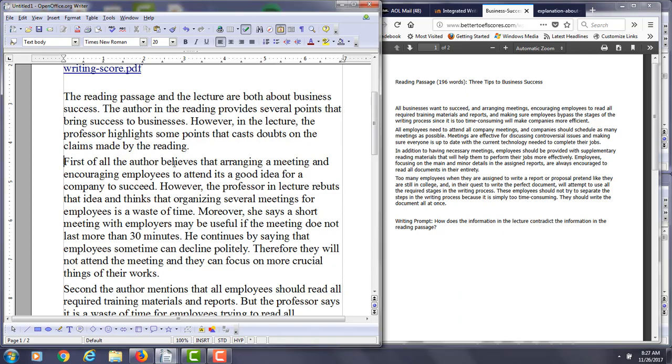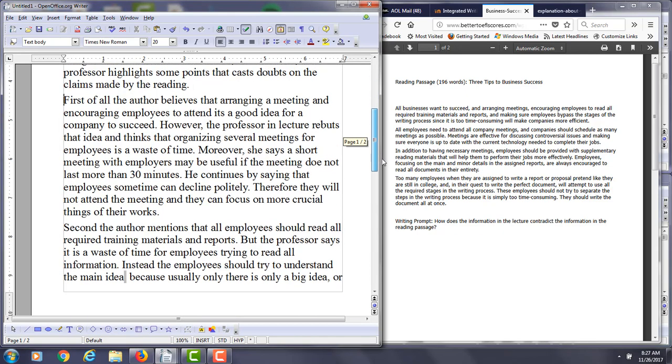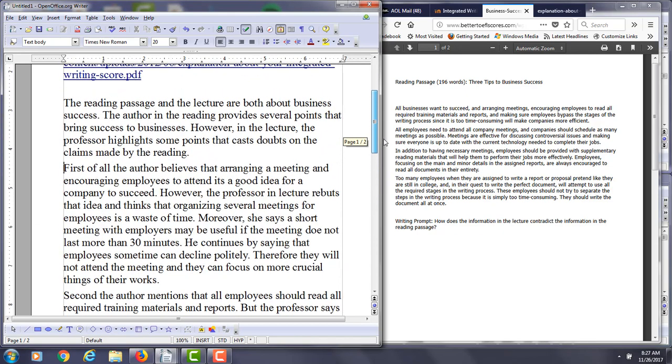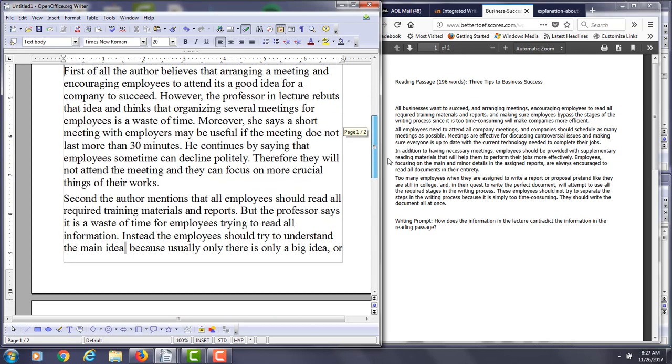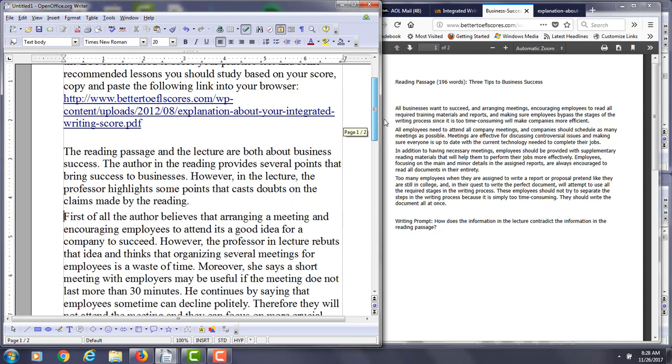In the second paragraph, let's take a look at this. I'm looking at your transition words here. So we have first of all, we have second, and then we have third. So how about this? If you say first of all, then you want to say second of all, then third of all, or you can simply just say first.